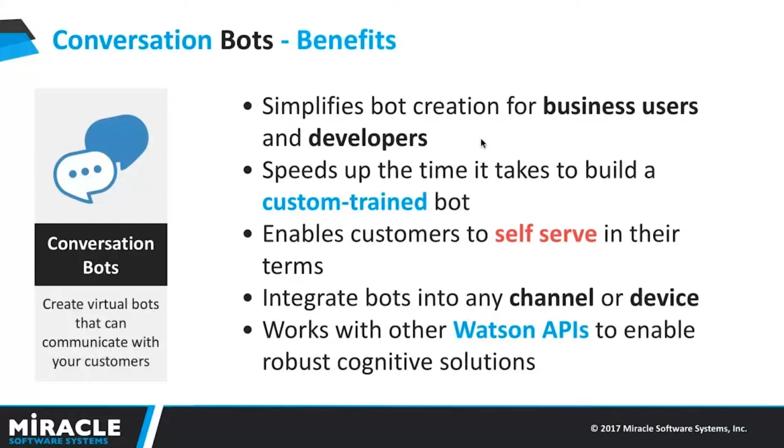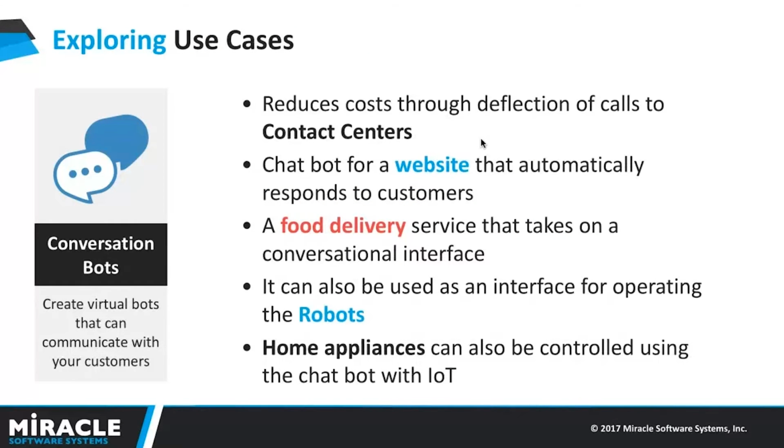If there is a very specific dialogue that business users want to modify and create, they can go to the tooling and do this. Or if they want to train the system, there is no machine learning required. Now, start a conversation with someone else and see how they ask the questions. Don't ask the speaker to repeat themselves too often. Coming to the use case of Watson Conversation Service, it reduces the cost of contact centers.